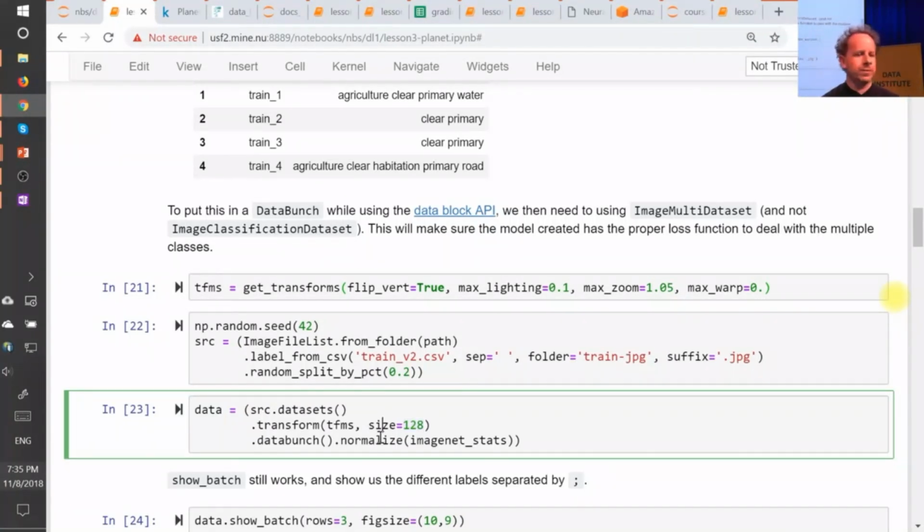I now have a model that's pretty good at recognizing the contents of 128 by 128 satellite images. So what am I going to do if I now want a model that's pretty good at 256 by 256 satellite images? Well, why don't I use transfer learning? Why don't I start with a model that's good at 128 by 128 images and fine-tune that? So don't start again. And that's actually going to be really interesting, because if I've trained quite a lot, if I'm on the verge of overfitting, which I don't want to do,